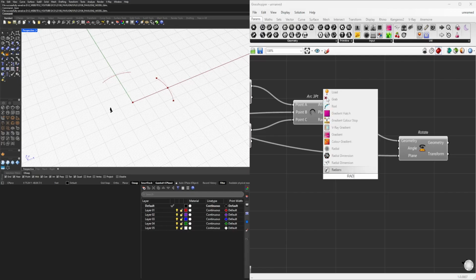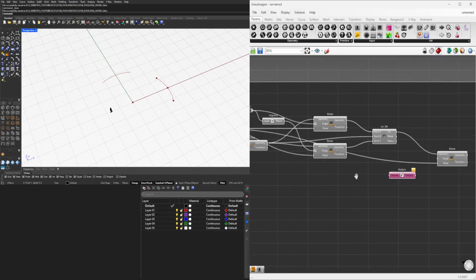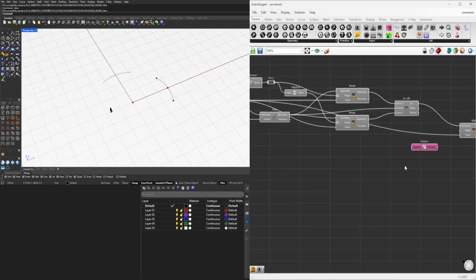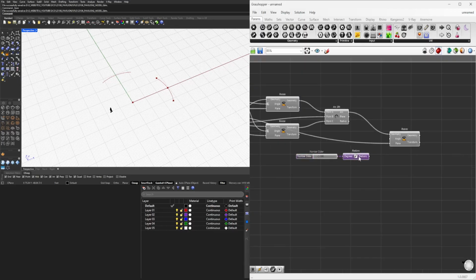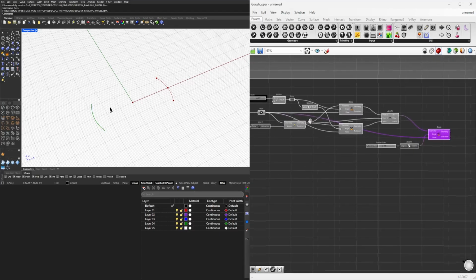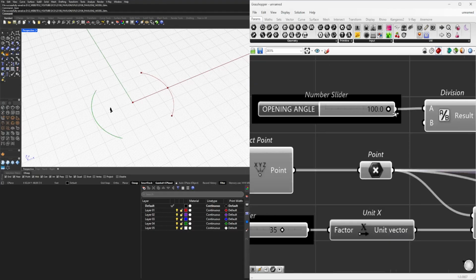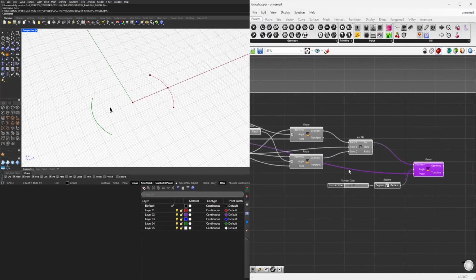So if I wanted it to be rotated 180 degrees, we can use degrees and turn it to radians. So we don't have to right click here, just showing you two different ways of doing it. All right, so at this stage, now we have these arcs that are opposite of each other, created the same way, but now we need to create the arc in between